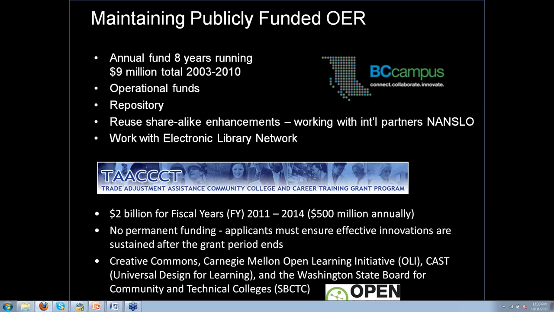We're also talking with a group that hasn't been mentioned yet, our librarians, our electronic library network, about facilitating the formation of collections of OER that are deemed high quality and authorized for use throughout a particular post-secondary institution. At the TAC level, we've talked about the money already, but interestingly, this is something Cable can talk about. The Gates Foundation has provided a whole set of support initiatives to further the TACT program grantees' ability to develop high-quality OER and sustain that going forward. Cable, you want to comment on that?